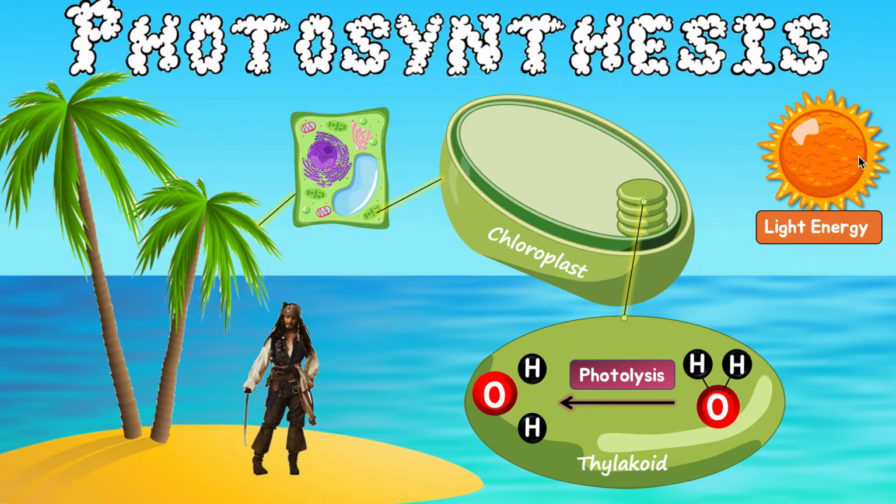So the thylakoid can take in this light energy and use it to break apart this water molecule into its constituents. We call that photolysis. Photo means light and lysis means to split. So using light energy to split apart water, that's photolysis. You can think of it like a wave in the ocean. If you get smacked by a big wave, I'm pretty sure you can break apart too. So these waves, this light energy, are just little waves that we cannot see with our own eyes. Now these waves can come and smack and break apart this water into its little parts.